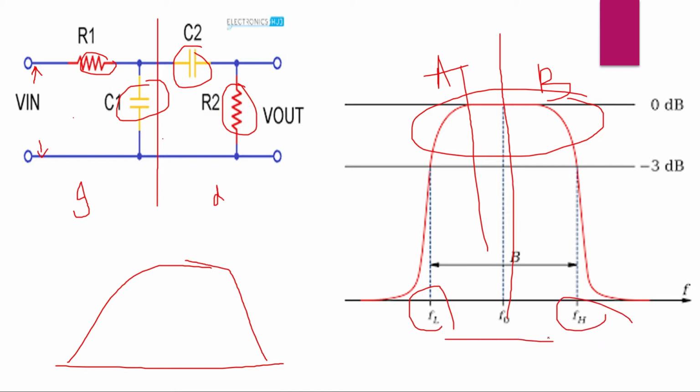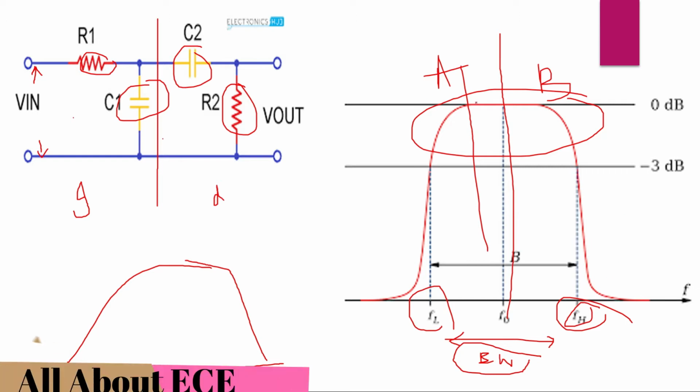If you calculate the difference between these two frequencies, the resulting frequency is called the bandwidth, which is nothing but the frequency difference of the higher frequency and the lower frequency.